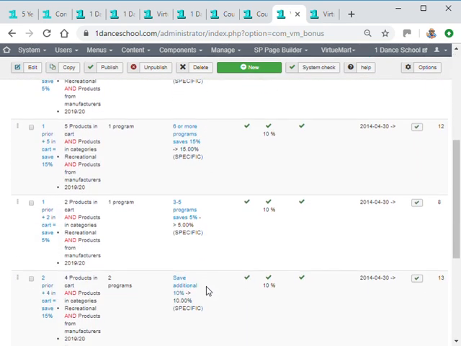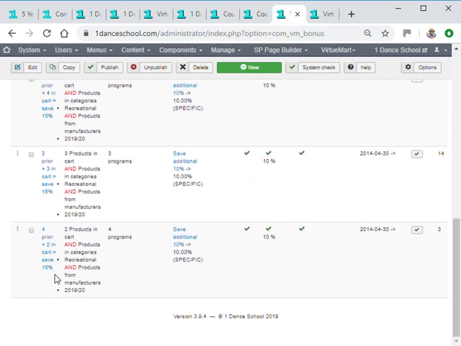If we go down and take a look at the bottom, when you have 4 programs and you're in the 4 program category, if you add another 2 products, you're going to be given the 10% discount on top of the 5% you're already getting. Notice that there's no other for 5 or more programs because they're already at the 15% discount level. So if we go take a look at this,